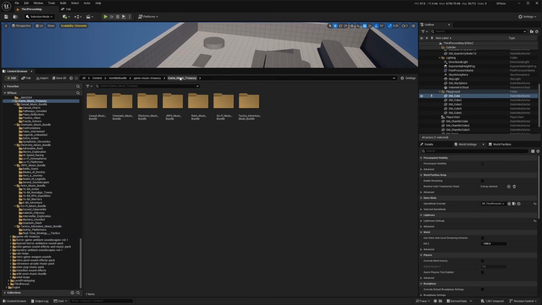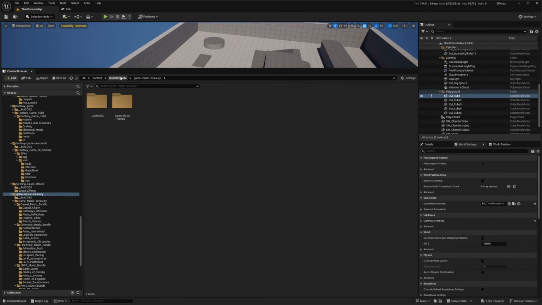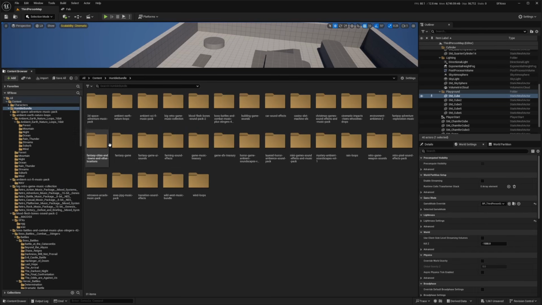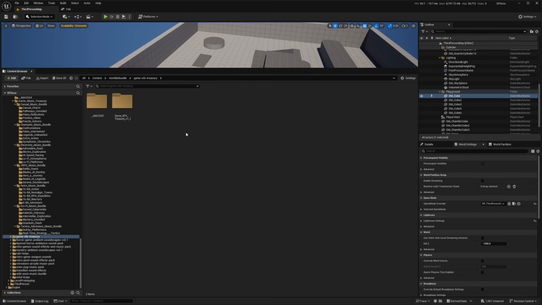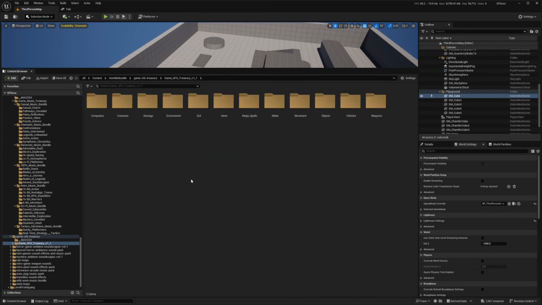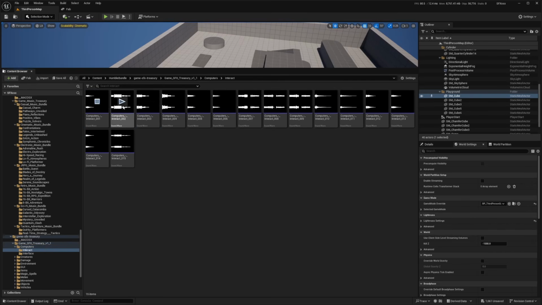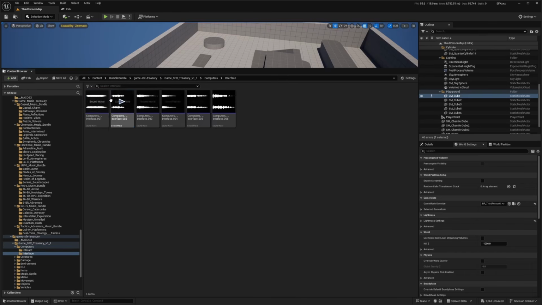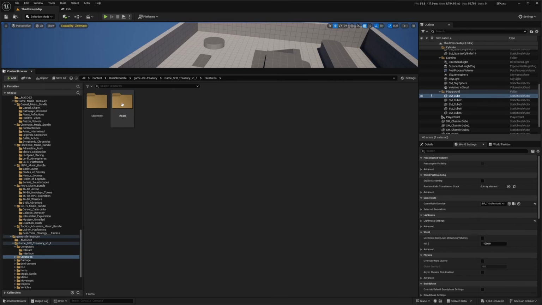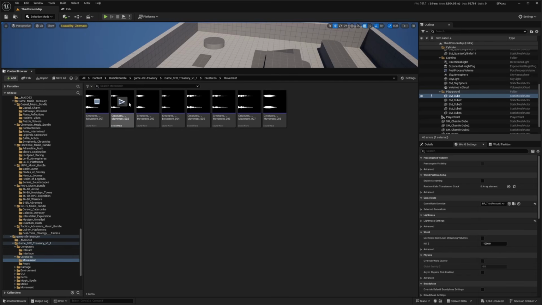All right, now let's take a look at the next folder, which is going to be our game SFX treasury. Yeah. All right, so there's a ton of different stuff. I think I'll start with just computers. Okay, a lot smaller sound effects. So interface, creatures, movement,